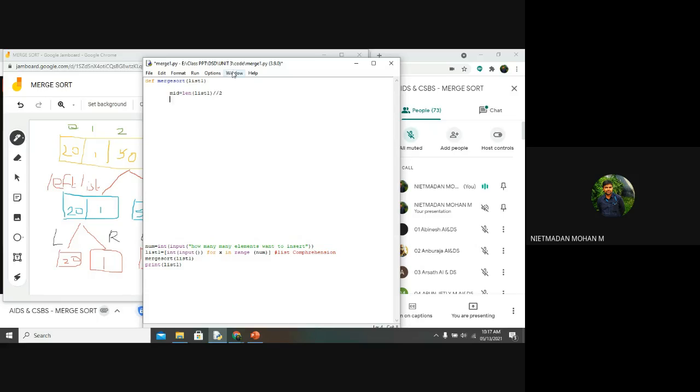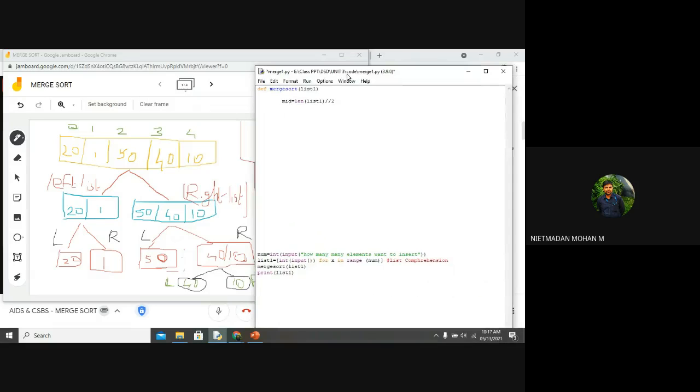And what the code consists of, you just listen to the code. The main list wants to be separated into 2 lists, which one consists of the left list and the other consists of the right list.